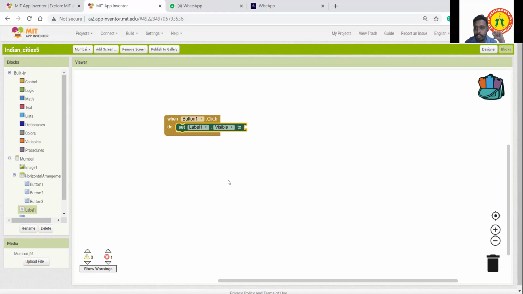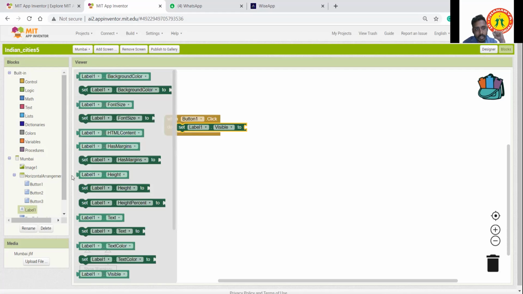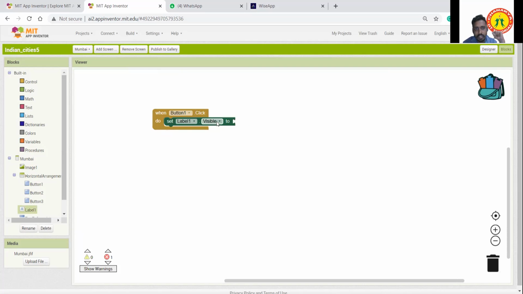We already made the label invisible. Here we are going to set the label visible through coding. Just click label, take this one, click this option and make it visible. But this block is not complete, so we need to confirm it.